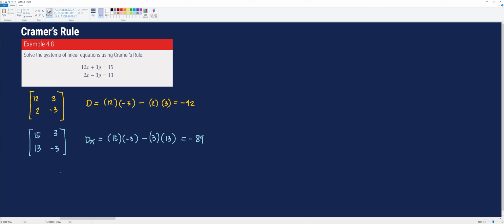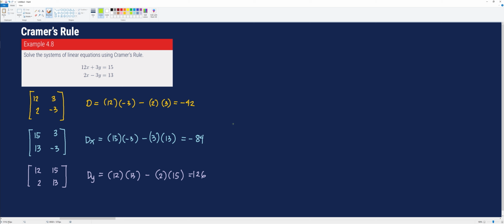And the third step, we get the determinant of y, denoted by D sub y, by creating a new matrix using the first matrix but replacing the coefficients of y with the constants of our system of linear equations, giving us 12 and 2 for our first column. So we just copy this, and 15 and 13 as our second column. Finding the determinant of this matrix, we have D sub y is equal to 12 times 13 minus 2 times 15, which is equal to